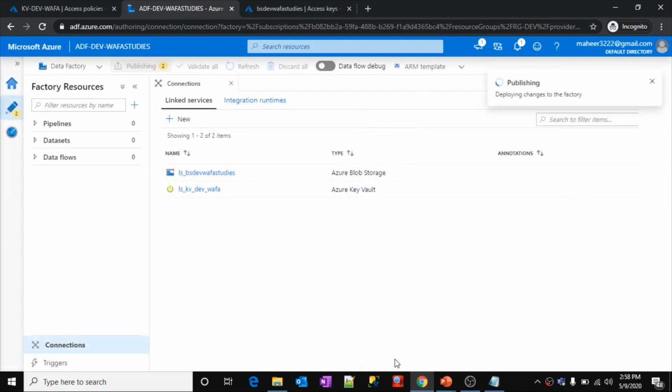If you have closely observed what we did, instead of providing our storage account name and all other information, we stored our connection string inside the Azure Key Vault, inside the secrets. We gave one name to that secret, and we simply used that secret name inside our linked service instead of using any account name or credentials related information, right? So this is how Key Vaults are very helpful when you are working on real time projects.